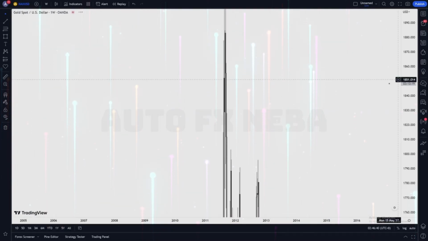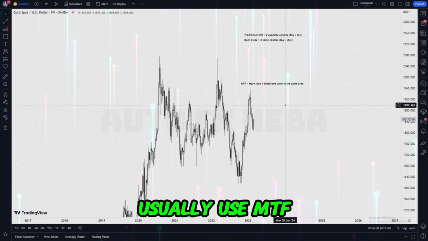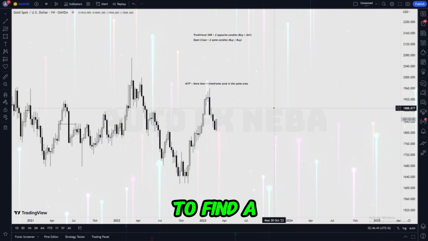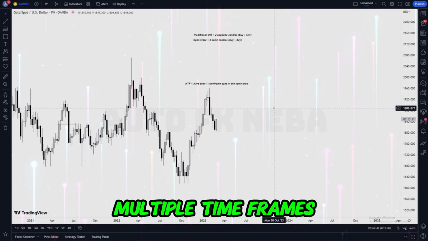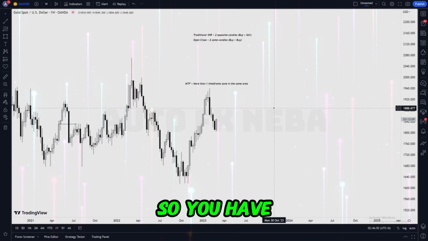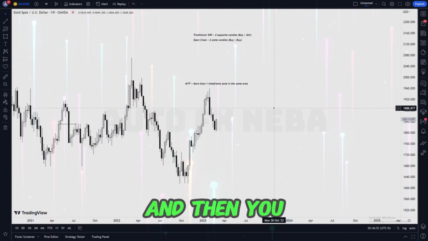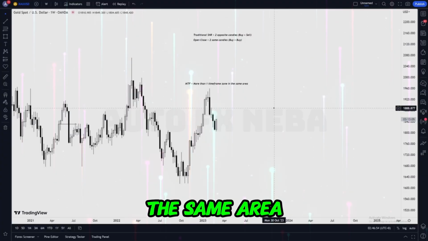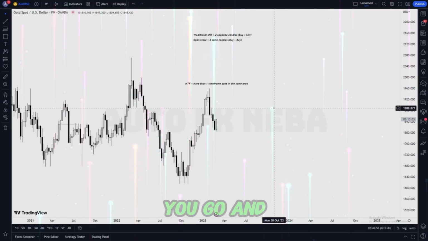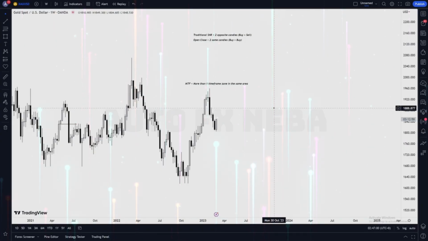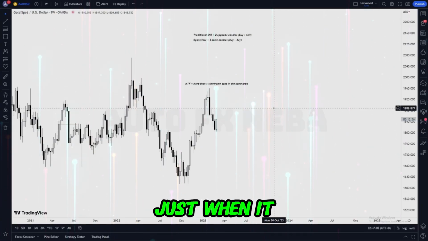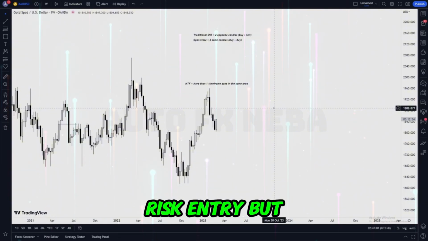And that's it. You will usually use MTF when you're trying to find an area which has multiple time frames with the same zone in the same area. So you have one area, let's say monthly, and then you have the weekly, and the daily in the same area. And then from the weekly daily, you refine some more, H4, H1, and they're all roughly in the same area. Then you enter from the H4, H1 just when it touches. That's the highest risk entry, but it's the most